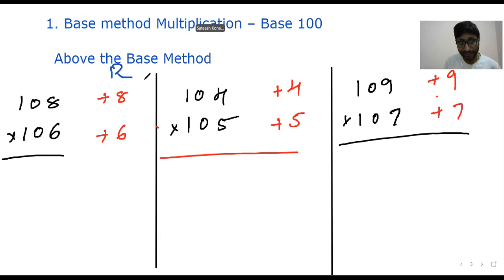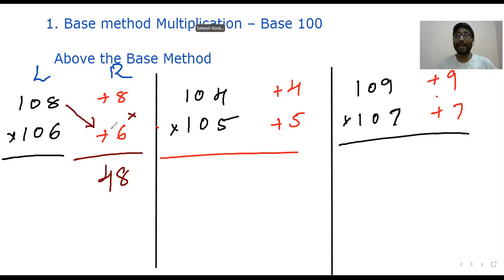So this is right hand side, this is left hand side. As it is, multiply the right hand side. 8 6s are 48. Here it's addition, no? We need to go for cross addition. In the previous problem, cross subtraction. If you get stuck, if you don't understand, please start the video again and watch from the starting. Don't worry, if you watch again, you'll get to know that. So cross addition. 108 plus 6, 114. That's it. 4 5s are 20,